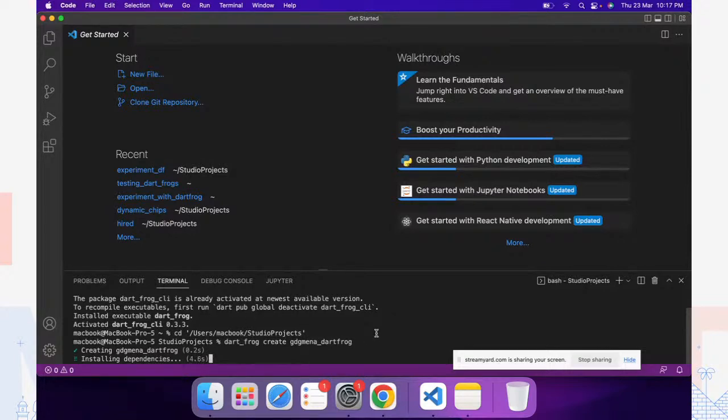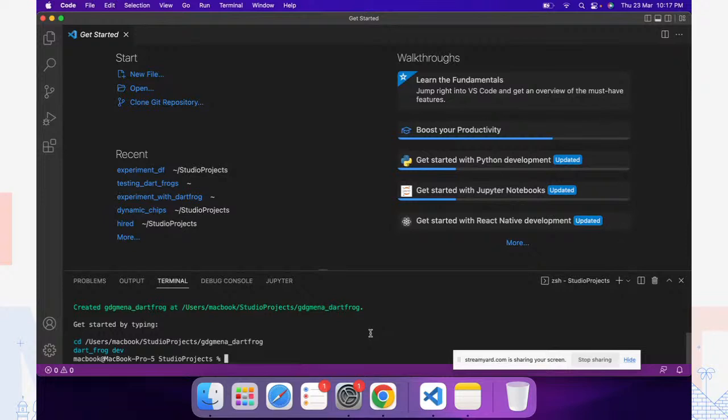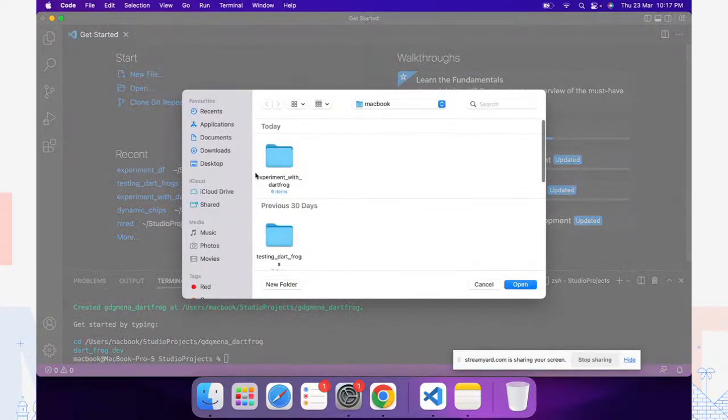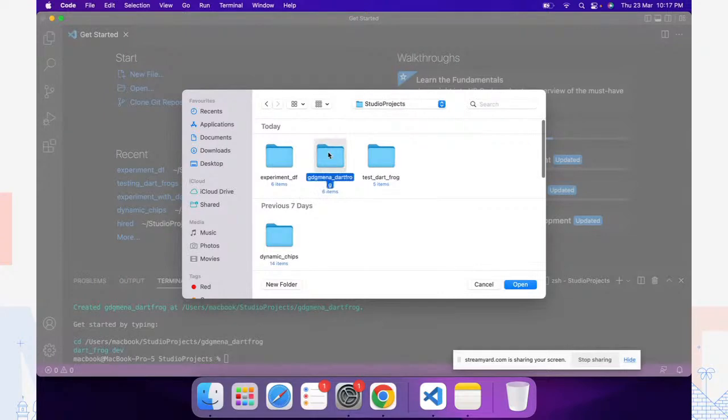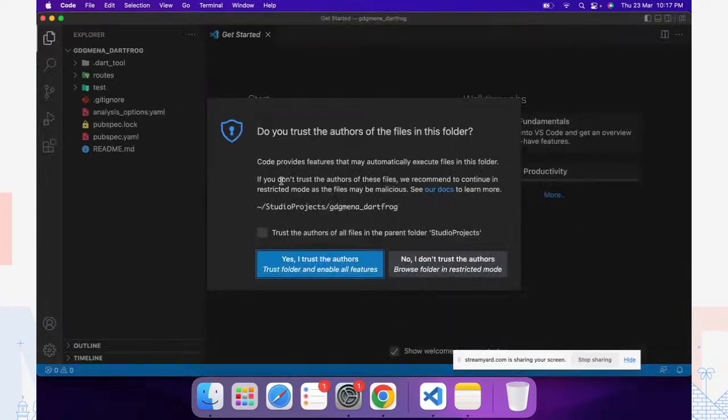So it's going to create and then install the dependencies. And now it's going to tell me that if you want to access, first of all, change the directory and then run dart_frog dev. Remember, I said that this is the command that is used to start the server. So before that, let me just open the project here. I created it in Studio Books, and this one, gdg_mina_dart_frog. So once I have opened the project,